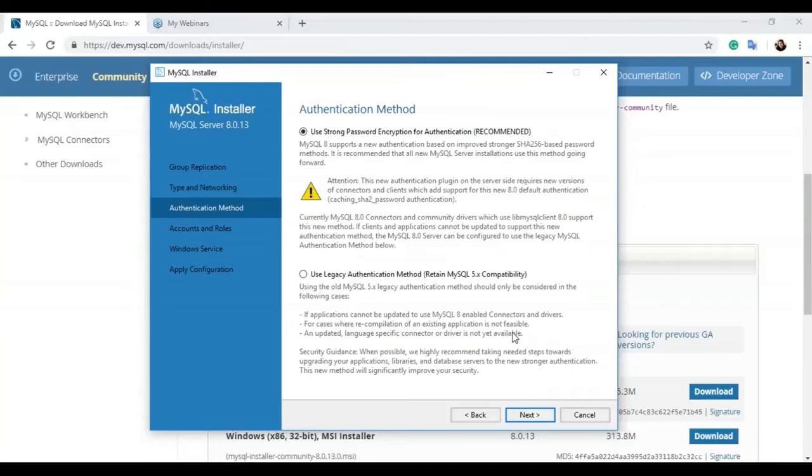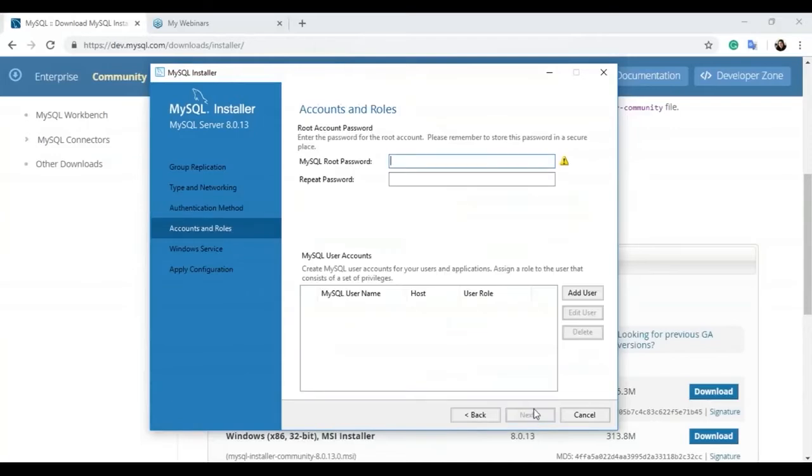Now the authentication mode is recommended to keep a strong password. So make sure you remember this password or just write it somewhere, because later you may need it to make changes to your SQL database. In case you want to upgrade or make some changes, you need the password. So I'm going to set the root password for MySQL and repeat the same password. And make sure guys you know the password. Even if it shows weak, just remember the password.